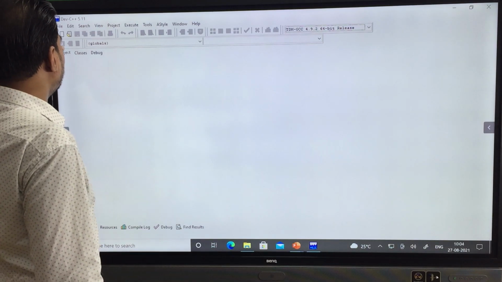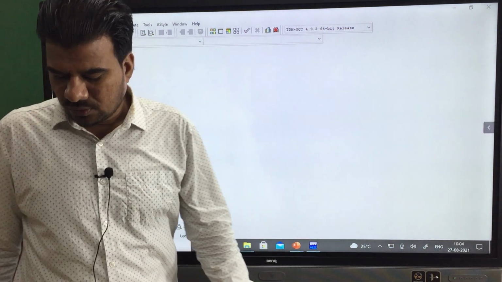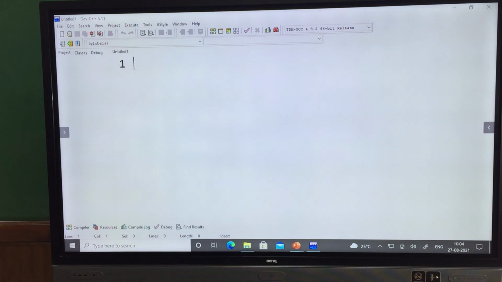So let me take a new file. I'll be typing the program to perform the writing operation using the fprintf function. First, the header file we are including.